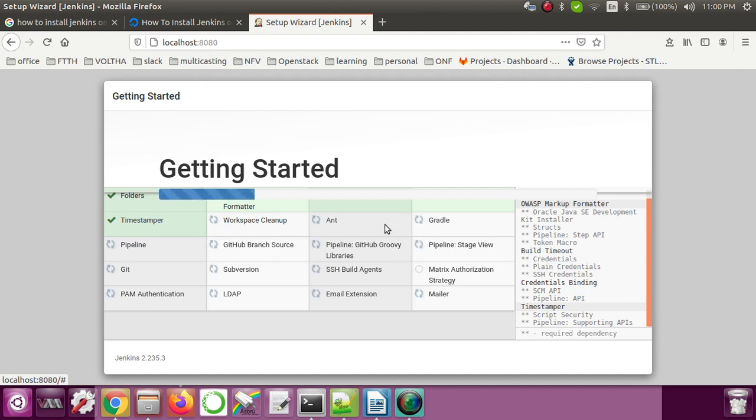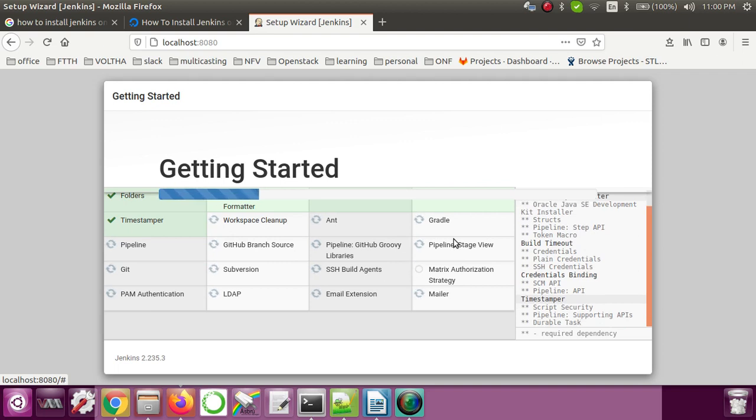So it's taking more time than expected, but yeah, we have to wait for it. We also need to have all these basic plugins so that you can directly start using it. If you see this Ant, Gradle, LDAP, for now we don't require them because they are specifically needed for Java applications.